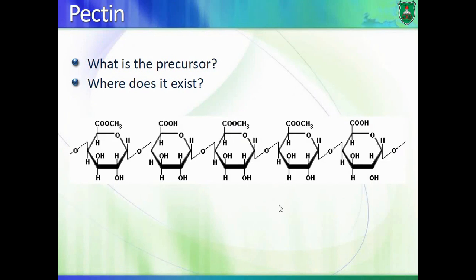Another example of polysaccharides is pectin. Pectin is present in or produced by plant cells and by bacterial cells, and it's made of this modified sugar, as you can see here. So what are the modifications, and what is the sugar first? It is galactose, because the OH group on carbon number 4 is directed upwards. The linkage is of a beta type, beta-1,4 linkage, as you can see here,